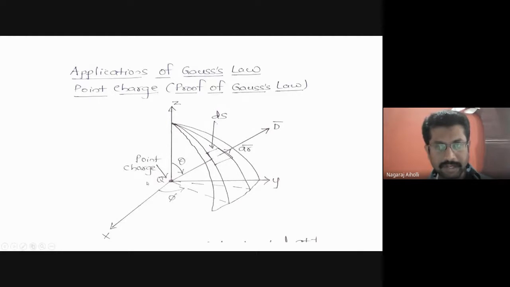Now this is our angle theta, the half angle, and this is the angle phi, the angle of the plane. Try to recollect the spherical coordinate system that we discussed in the earlier classes: the half plane, the half angle, and the angle at which the plane is placed, that is the angle phi. Recollect those points.